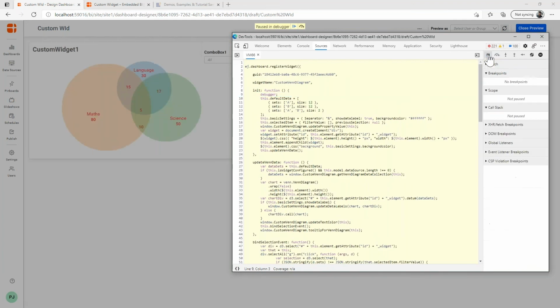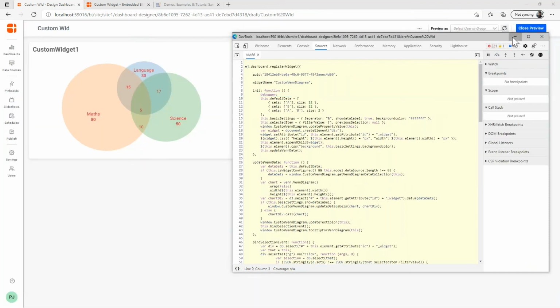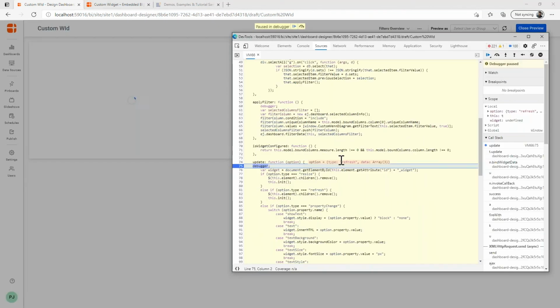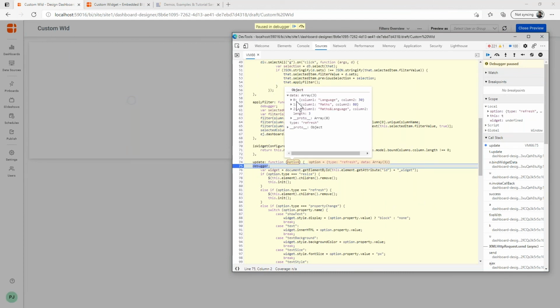So let's execute this, and now in the combo box, I'm just going to select some values like maths, language and so on. Okay, I'm just going to select these three values. Now if you see, again the refresh update type will be called, and only the selected data will be available here.